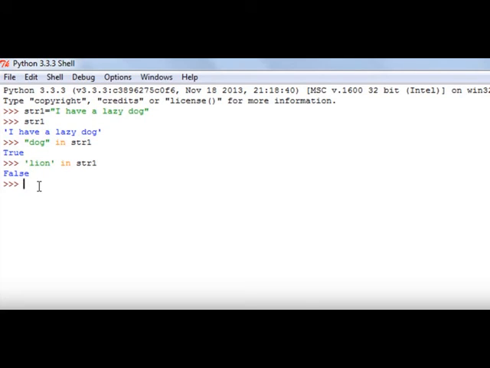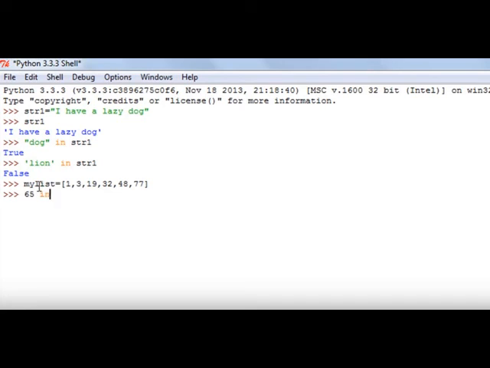So let's create a list and see how the in operator works on a list. I'll give my list numeric values, and of course we'll have to use square brackets to create it. So the values that I'll give to it are 1 and 3 and then 19 and 32. Let me give it a couple more values, so 48 and 77, right? And if I want to see whether 65, the number 65, is present in my list or not, I'll type